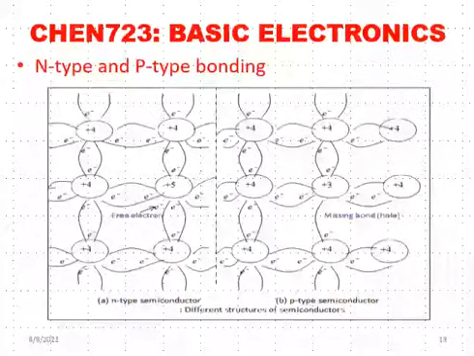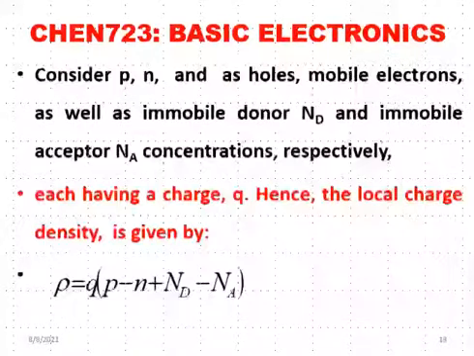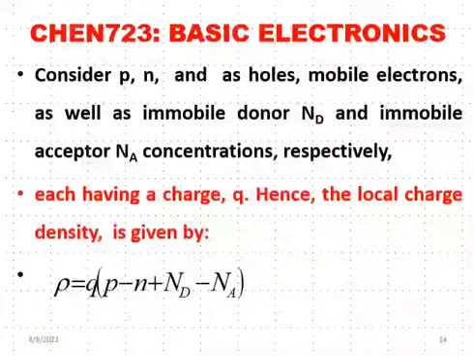And on the right hand side you can see we have plus 3 here, which is the group 3 element introduced like boron, and it is surrounded by group 4 elements or atoms like that of silicon. So this will share 3 with the 3 neighboring, then the 4th one doesn't have any electron to give, and for this reason we call this one a hole where the electron is missing. And the charge of a hole is what? A positive charge, and that is why we call this one a p-type semiconductor.